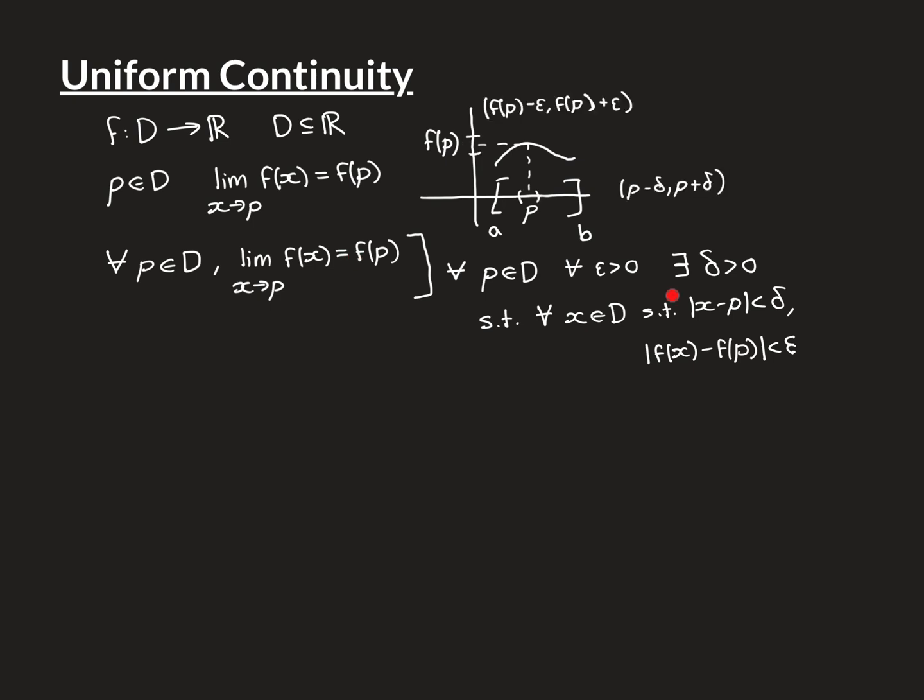Just to go into the intuition of this a little bit more to remind ourselves, it's saying if this is our point P, and this is going to hold true for all P in our domain, then for all epsilon greater than 0, so that means however close you want to be to this value f of p, construct that epsilon interval around f of p here, f of p minus epsilon to f of p plus epsilon, then I can find you a delta such that if the point in the domain is within delta distance of p,